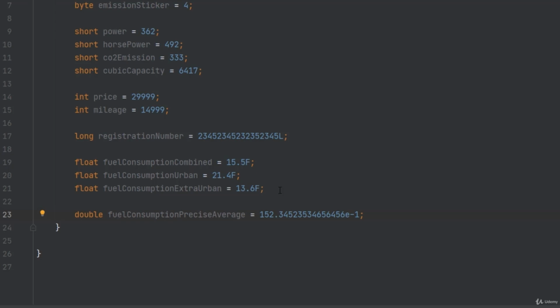Okay, just a side note, it works only with double and float. Now let's move on. Two more variables left. One is Boolean, isDamaged. So here,